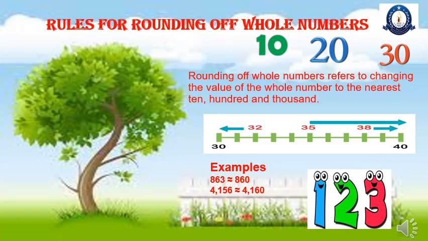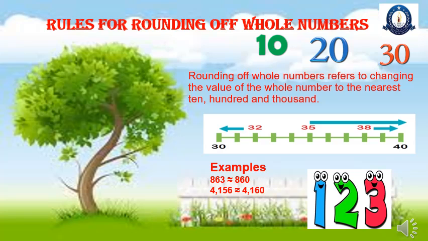Other way is, look at the number. Which number is on the tens place? Now here you need to recall that rounding poem and two families. Which number is on the tens place? 3. What is the next number of 3? 2. 2 belongs to which family? Up family or same family? Just recall it. 2 belongs to the same family. So 3 will remain the same and in place of 2 we will add 0. It will be 30. When we round off 32 to nearest 10, the answer will be 30.